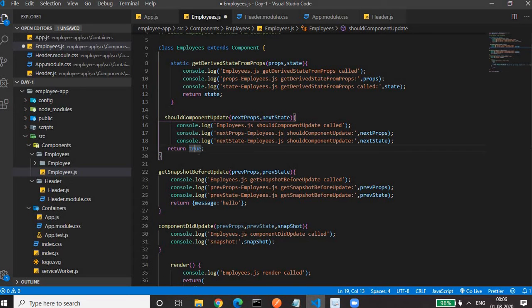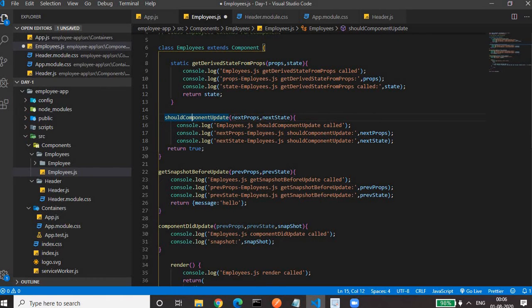If we are returning true, then our component related to the employees gets updated. If you return false, even though props change, our employee component won't get updated. So we have to return true for updation, and if you want to stop the updation, we have to return false. So this is the method should component update.